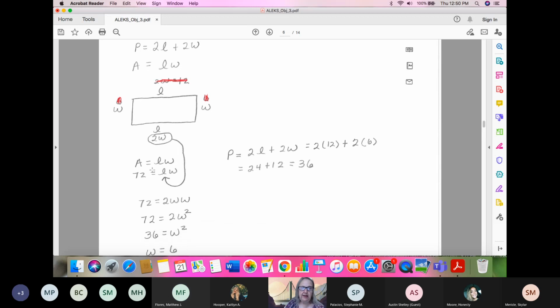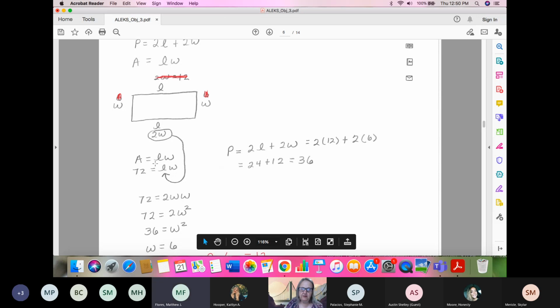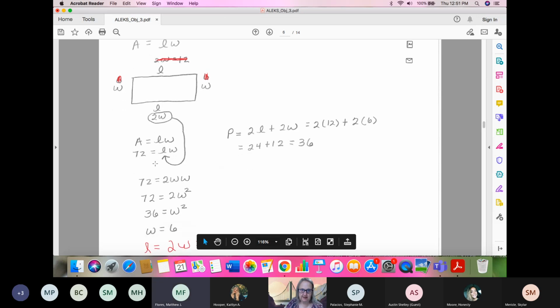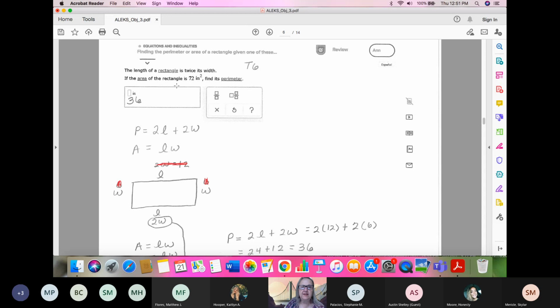Okay. So down here, 72 is L times W. For the L, instead of putting an L, I took out the L and put 2W in its place because these two are equal. So we get the 2W here now. So 2W and L are equal to each other? Yes, because of this